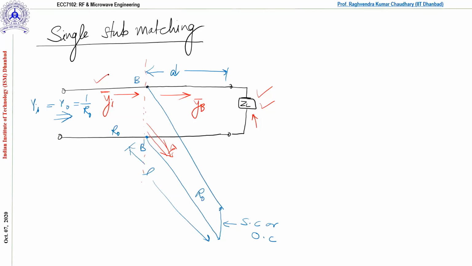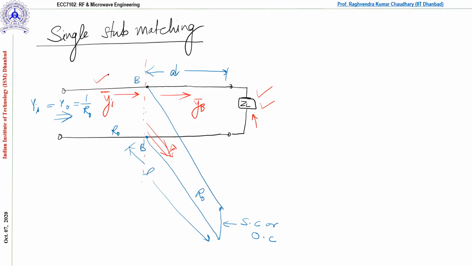Fine. So now it is quite clear from our transmission line basics that if you are using a short circuit transmission line, it is always reactive. The j term will be there. It means it will offer a capacitance or inductance based on the length of the transmission line or the length of the stub. Fine. So in this way, the capacitance or inductance could be balanced for the overall system. Fine. So this is the idea actually.